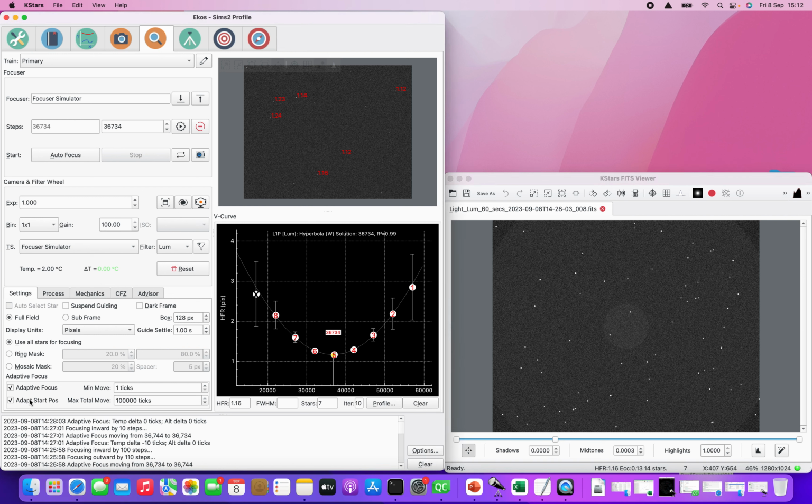So you can use this independently of adaptive focus. If you didn't want to use what I'm about to talk about, which is the main adaptive focus functionality, you can still use the adapt start pos. And if I just bring up the filter settings pop up,